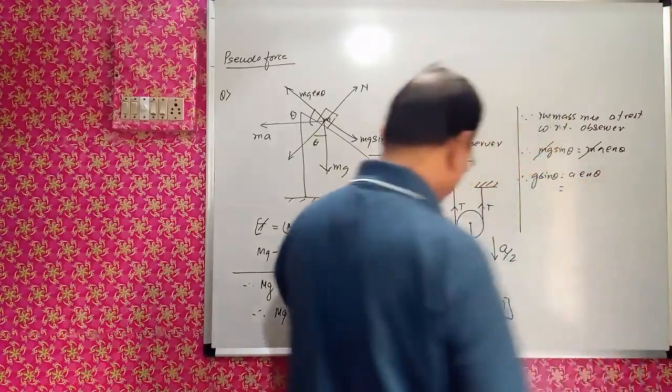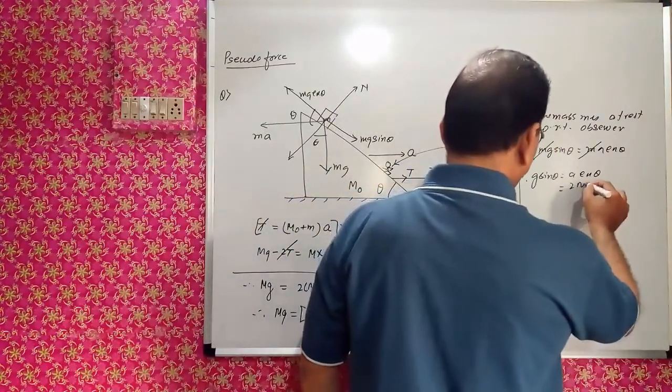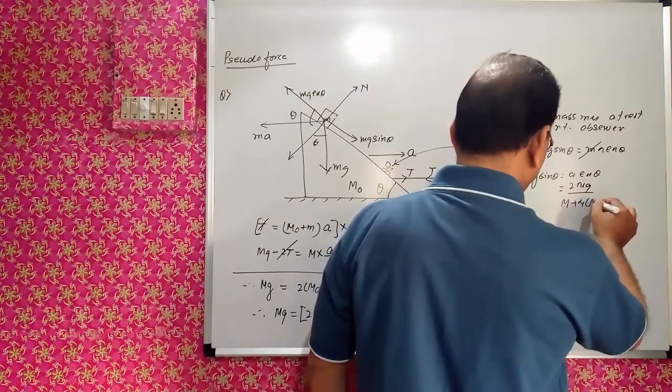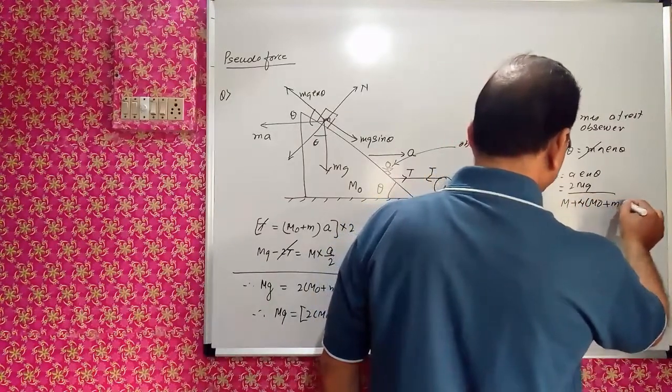We will put the value of a over here, that is 2mg upon (m + 4m0 + m)